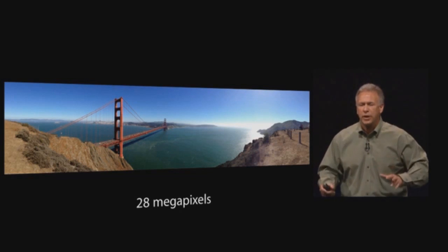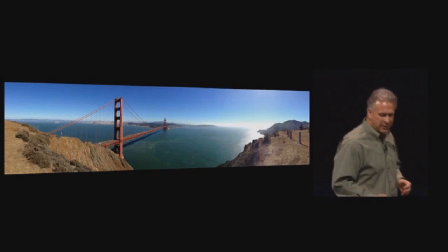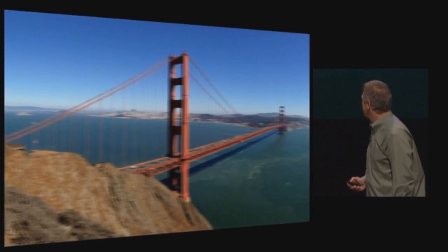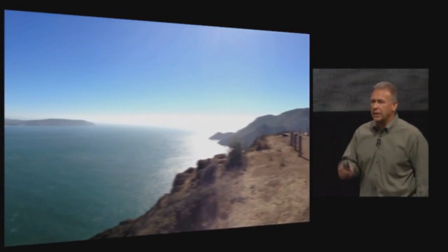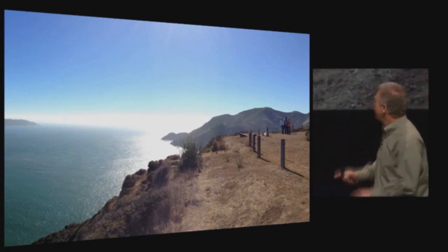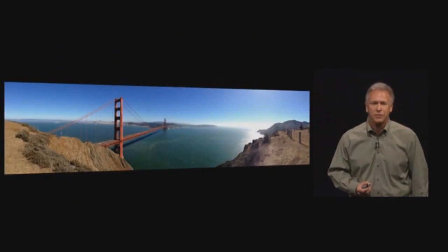It is truly breakthrough software for panorama photos. Let me zoom in a little more and show you the quality of this image. It's simply stunning, the detail. Now, we use this one because it's a tough one. So you can see the exposure changes from one end to the other as it goes from dark to light. There's even people standing there in the corner that were tougher to see when we pulled out such a large